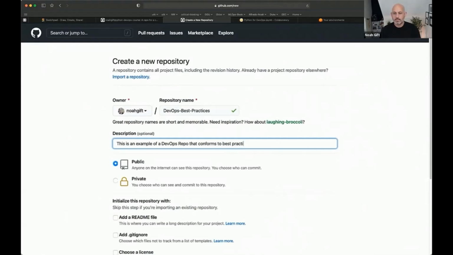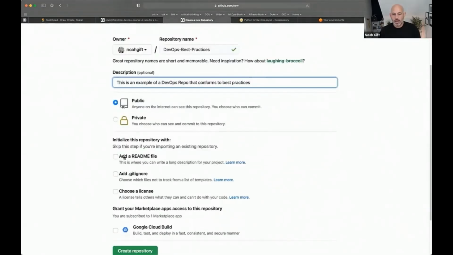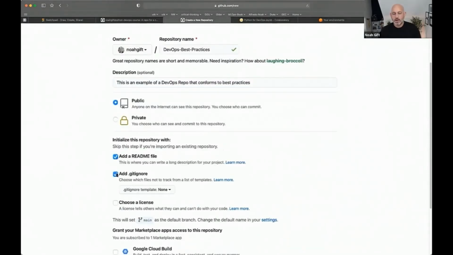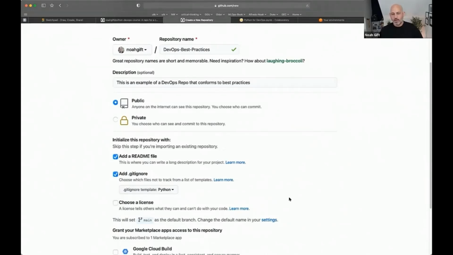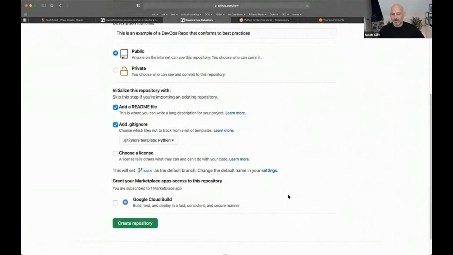Got this created here. And then I would always add a README file, add a gitignore file. And what the gitignore file does is it makes sure that you don't accidentally check in files that are kind of wasteful or garbage files. And then we can go ahead through and create a repo. Once we do this,